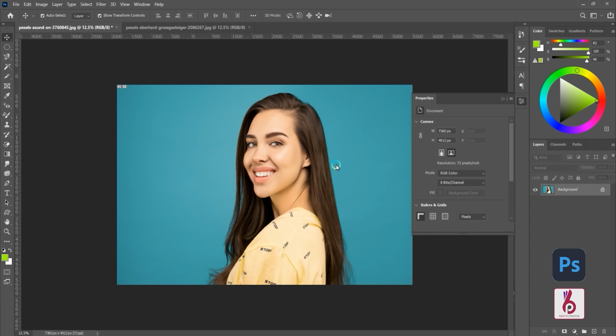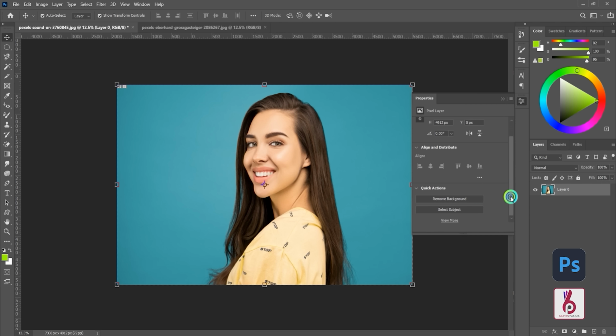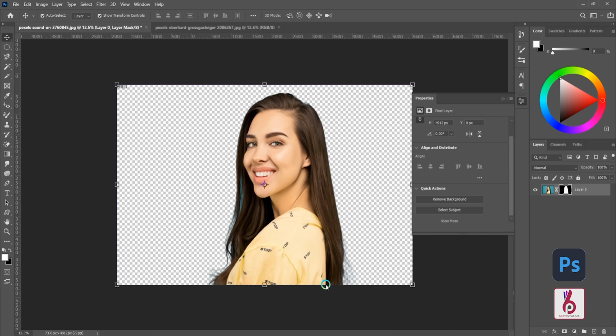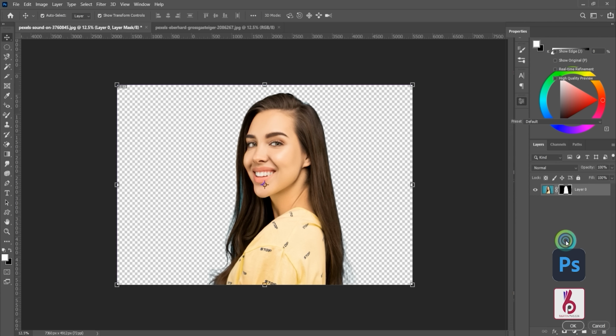If you are using the latest version of Photoshop, that is 2020, you can go to properties and select the remove background option. Photoshop uses Adobe Sensei, that is artificial intelligence, and detects the edge of the image and removes the unnecessary background of the image.